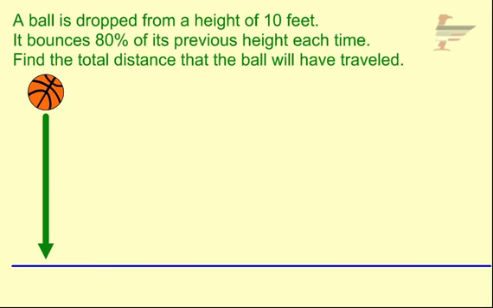A ball is dropped from a height of 10 feet. It bounces 80% of its previous height each time. Find the total distance that the ball will have traveled. So let's talk for a second about what is happening in this example and why this falls under the chapter